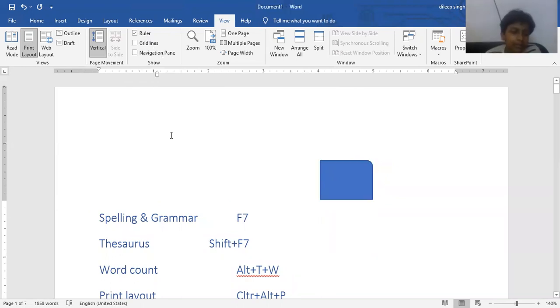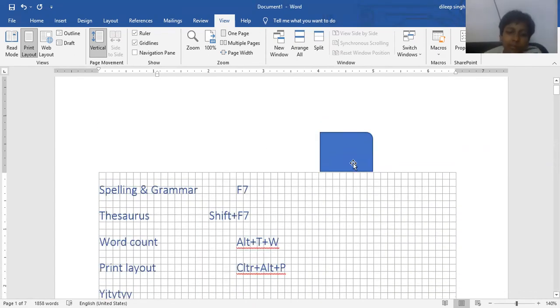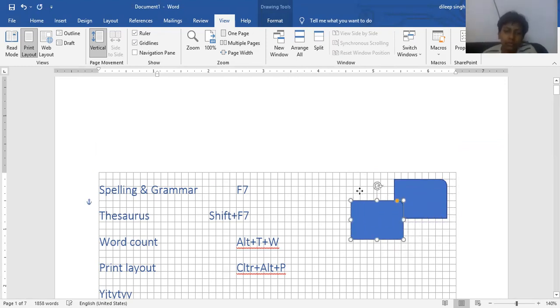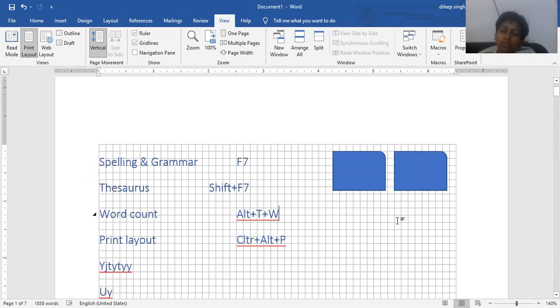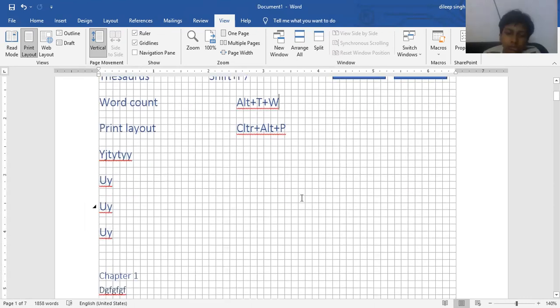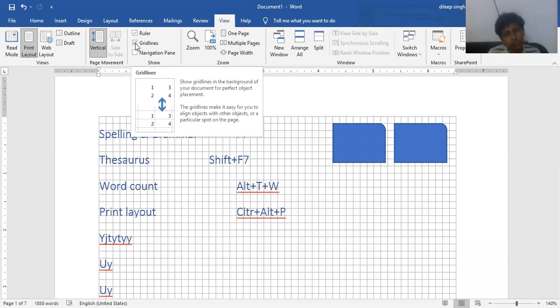Next option is gridlines. What is the use of gridlines? Yes, sir. Gridlines provide special blocks where you can easily count the boxes and place your object in a proper manner. For example, here we add an object like this, copy it and paste it. And after that, you place it in this manner by counting the lines. So we can easily place our object when we activate the gridlines. Clear? Our document appears like a graph paper, and you can adjust your object by counting the boxes. If you want to remove this after completion of your work, just remove it. It will become normal.